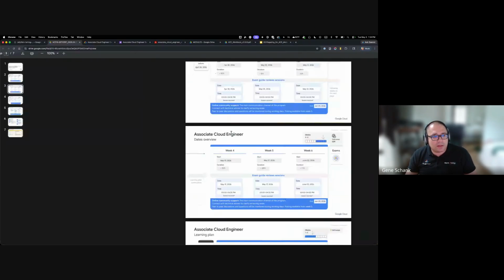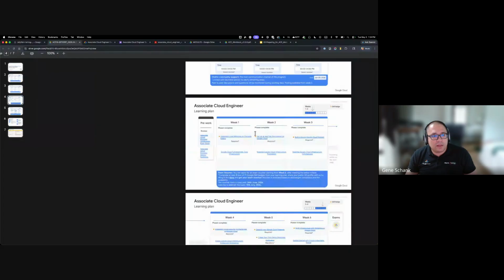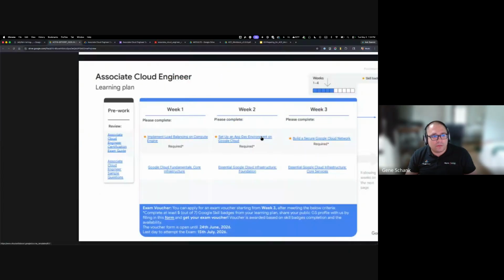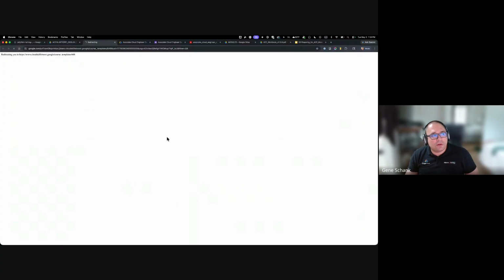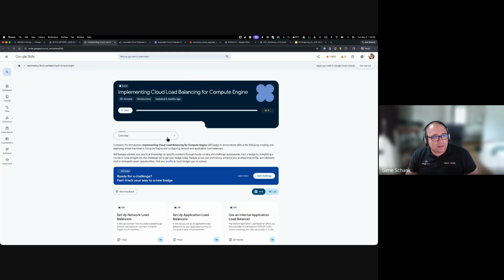But the way this document is configured is each of these required parts of the workload for the corresponding week is a link. So when you click on the first link, which is implementing cloud load balancing for compute engine,